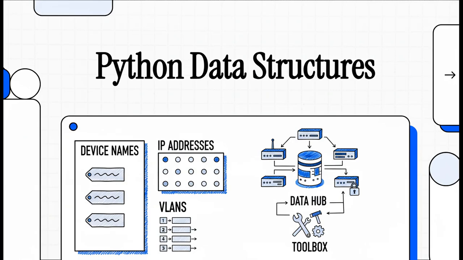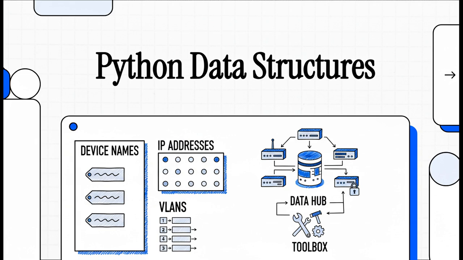So you're getting into network automation. That's awesome. But you've probably figured out pretty quickly that it's not just about writing scripts, right? It's really about managing data. All those device names, all the IP addresses, the VLANs. In this explainer, we're going to build your core toolbox for handling all that data, so you can start building